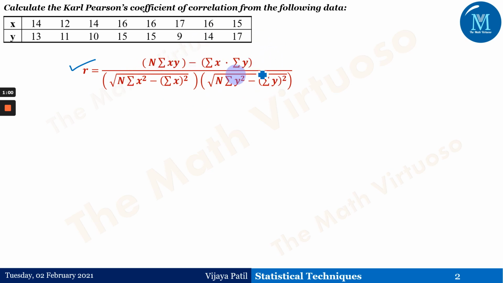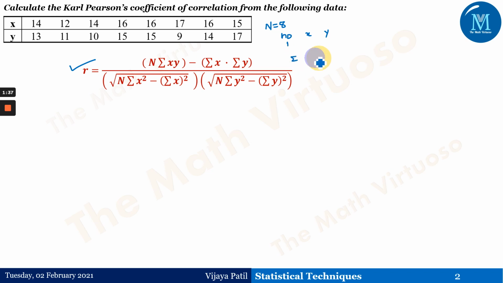Now, if you observe the number of observations, capital N, in the present case: 1, 2, 3, 4, 5, 6, 7, 8. So capital N is 8 here. Now, for summation of xy, summation of x, summation of y, I first need the table. The first column is the number, 1 to 8. Then I need x, all the variables listed here, and y here. Why? Because we need the summation sign here. Let me just write it down, because the formula will come down.